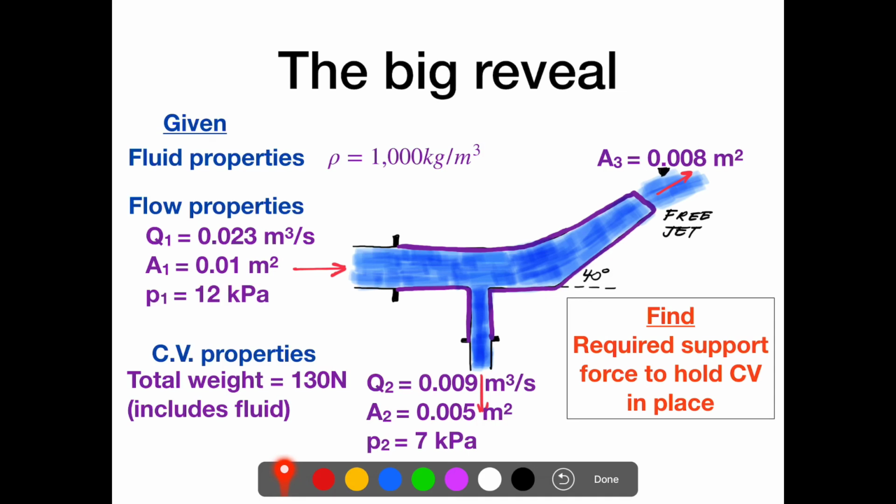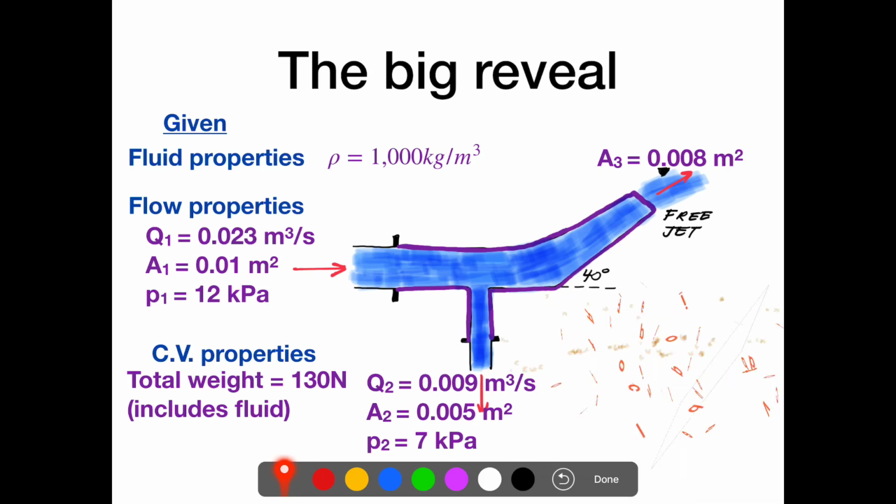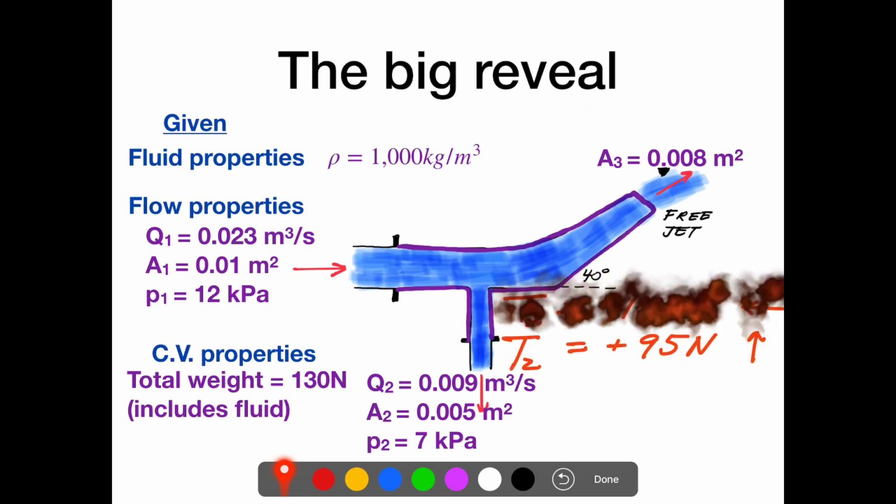All right, so the big reveal. So we have this problem, this is the one with numbers, so you have different flow rates and areas and pressures. And the question is, what's the actual support force required? So are you ready? The big reveal, here we go, with some amazing graphics. Bam. Okay, so if you did the problem correctly, you should get a value of negative 154 newtons for the